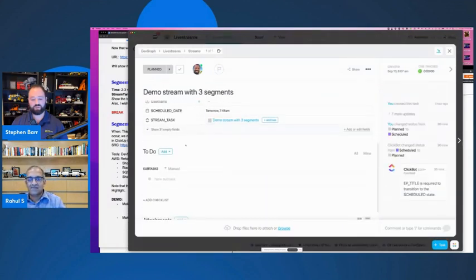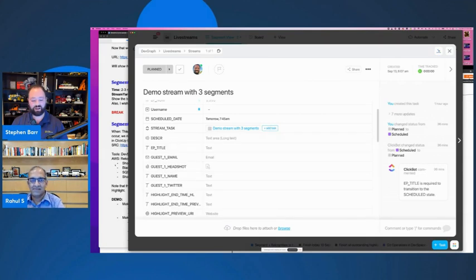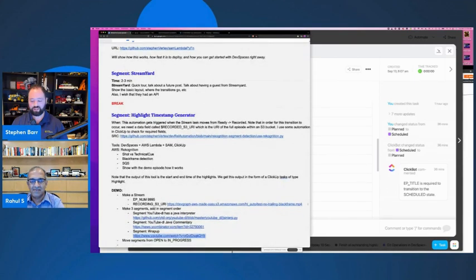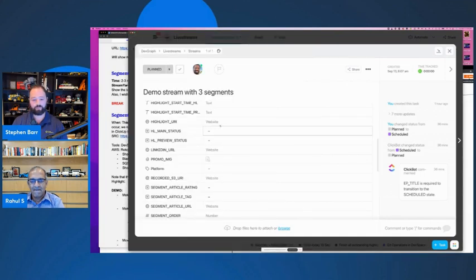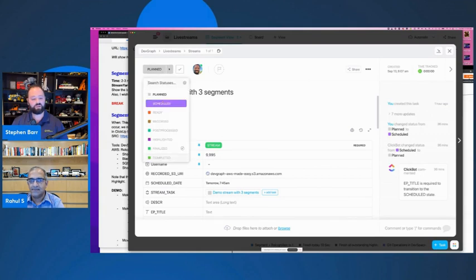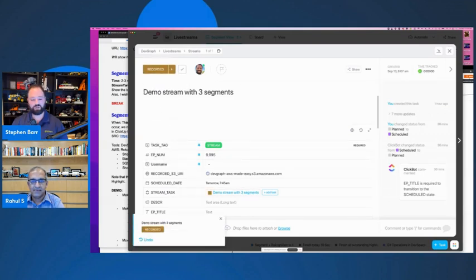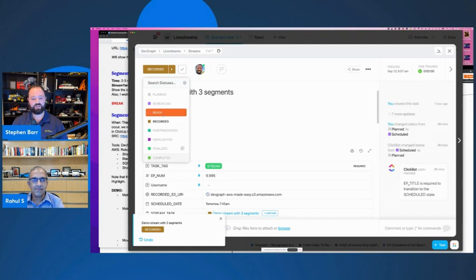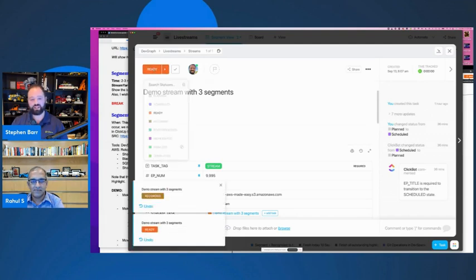Then what I would do, and this part's still manual because StreamYard doesn't have an API, is that I would set this recorded S3 URI field. Now I'm going to set this to this. Here we go. Set that here. Recorded S3 URI. Okay, that's happy with that now. So now when I move this, say it was in the recorded state, because actually I think some of my automation, I want to make sure, okay, it was ready, and then we recorded it. And so now that it's in the recorded state, the automation is going to fire, which is going to